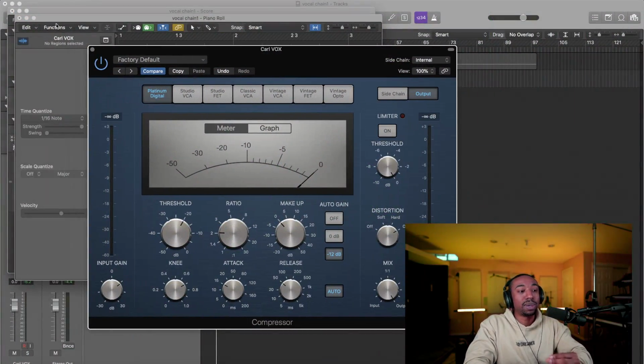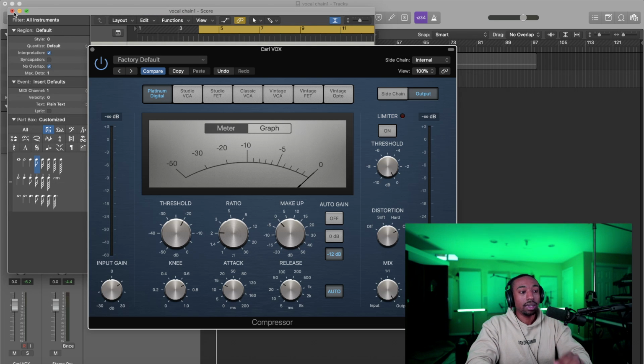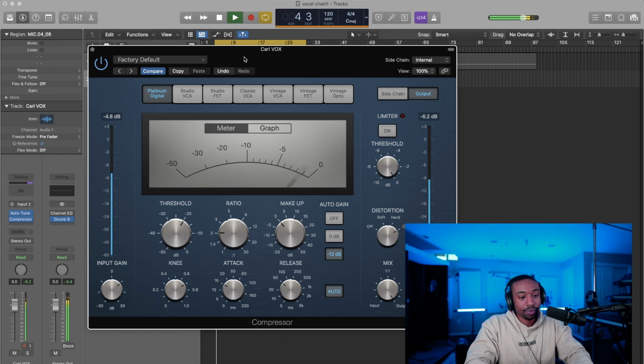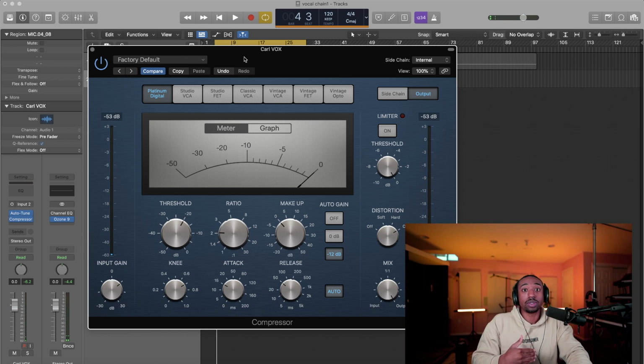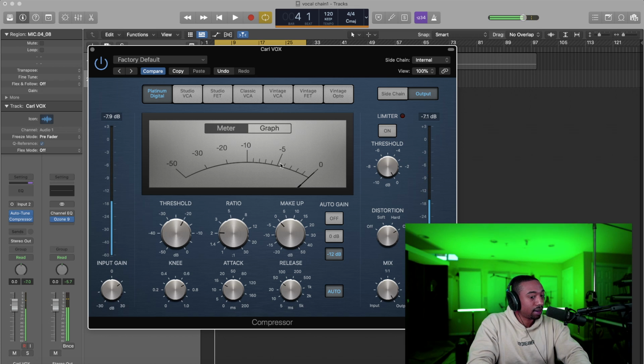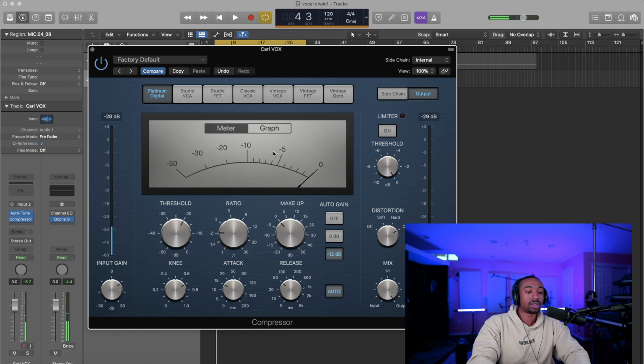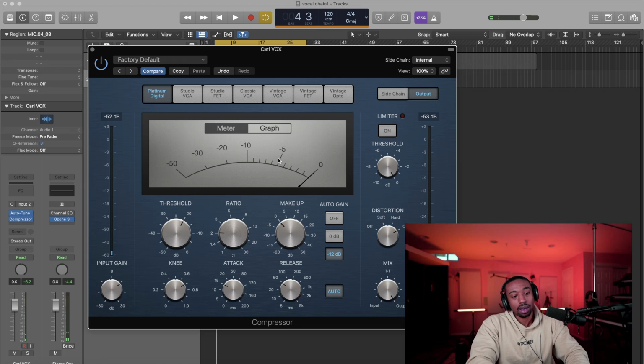So that's what it's doing. If I go above that point, the compressor comes down and pulls down the volume of that specific vocal. The reason that's important is that it creates a consistent experience throughout the vocal take, in this case just the vocal. So I don't want you to be afraid to take out volume. You can push compressors really hard. In this case, we're taking out 5 dB. The meters in the middle of compressors usually show you how much dB you're taking out of a sound.